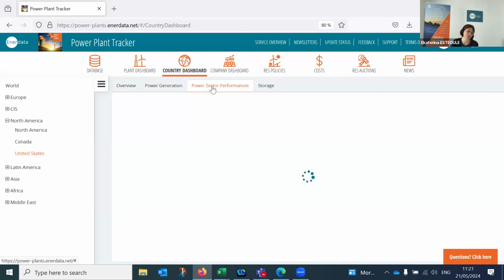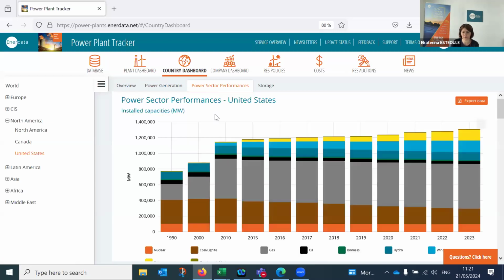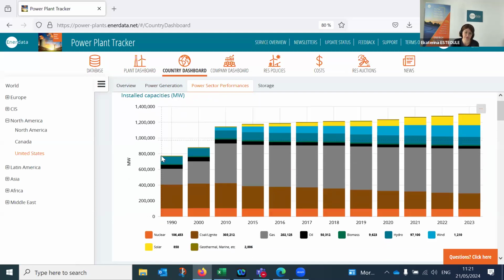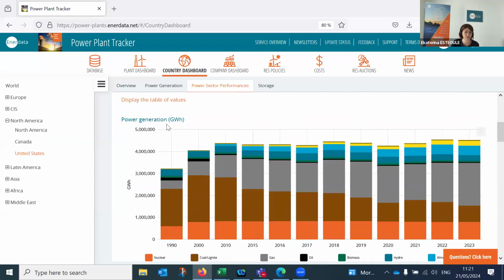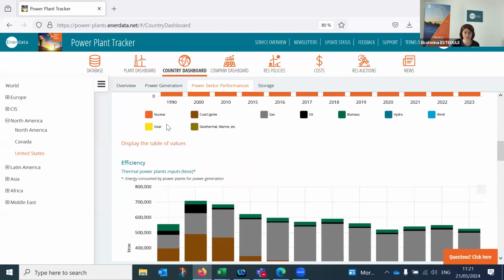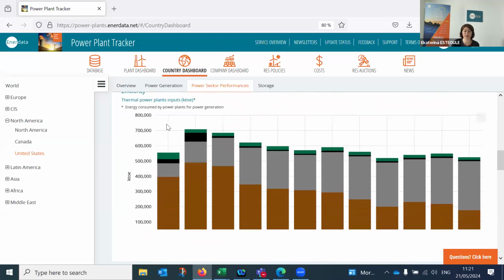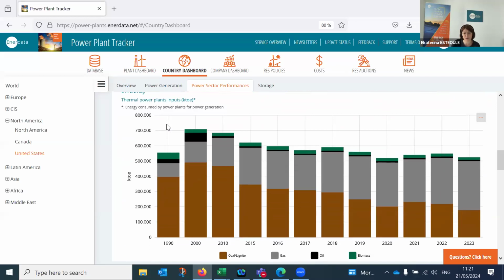And also, what is more important, the power sector performances, because here you can make your analysis for the last 10 years and even more, how the power mix in a given country has changed, if changed, of course. In terms of installed capacity, in terms of power generation, and of course, we are also tracking the efficiency of thermal power plants, and you can check it here.